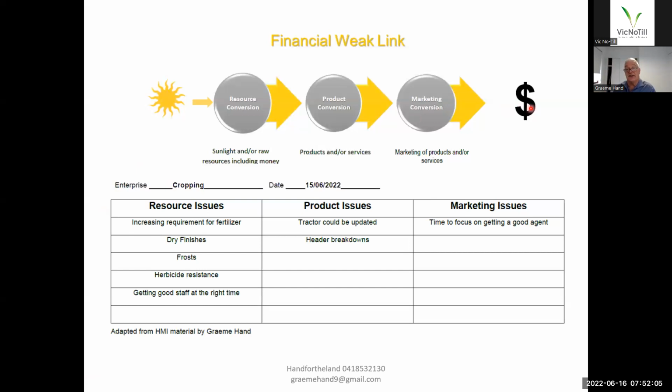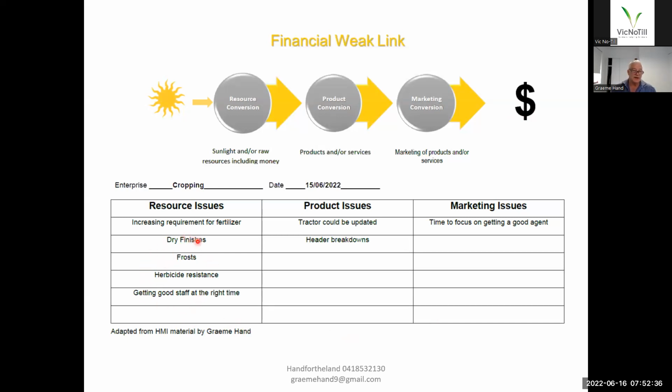So this is this whole thing. If you address the weak link in the business, you will get more money this year. So this is about, if you really need to be focused, you do need to do some things for the future, but you need to be saying, what can I do? Where can I focus my attention and my money, my expenses, so that I get more money out at the other end? And a lot of the time,